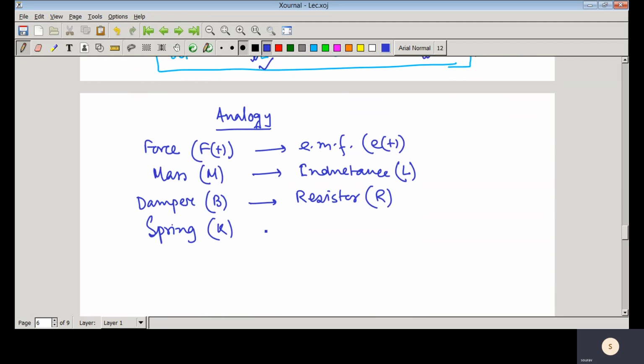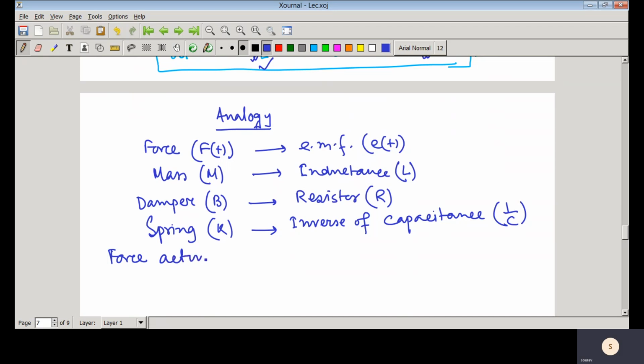So the spring and the inverse of capacitance, that is 1/C. So what we are trying to do is find the analogy between the electrical circuit and the mechanical system. So now the force